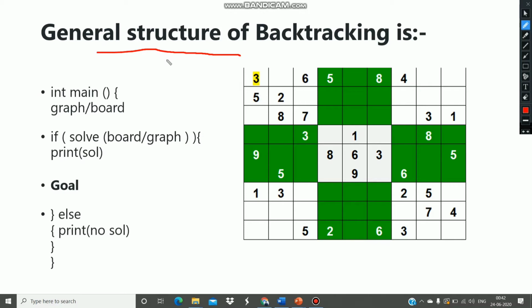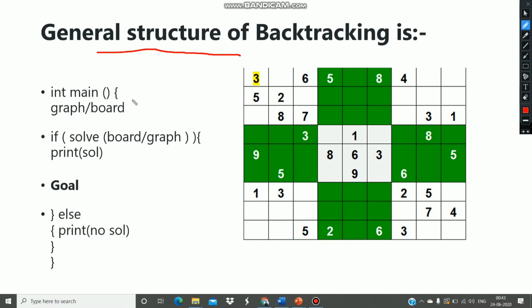See, in order to write the code of backtracking, the code must be in an organized manner. It's not that it's a pattern one needs to follow to solve backtracking problems. I'm not telling that. I'm telling that if you're writing your code in an organized manner, then it will be good for you to understand how the steps are working or where the function is moving and so on.